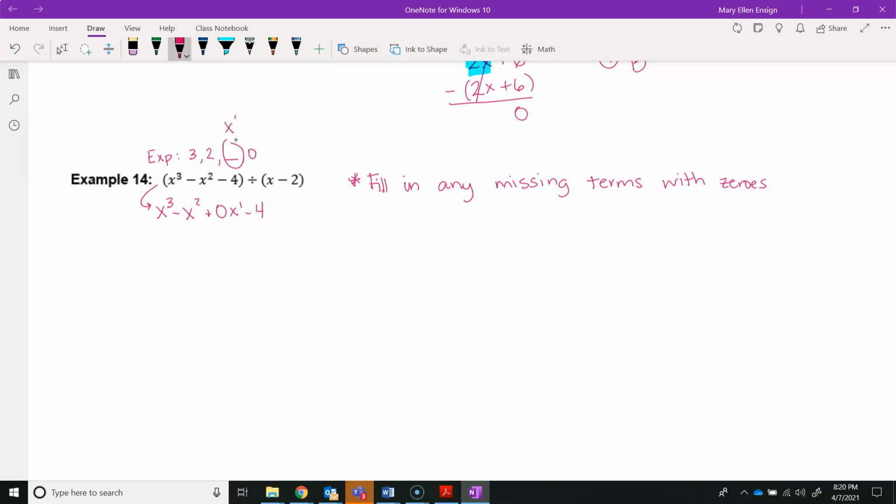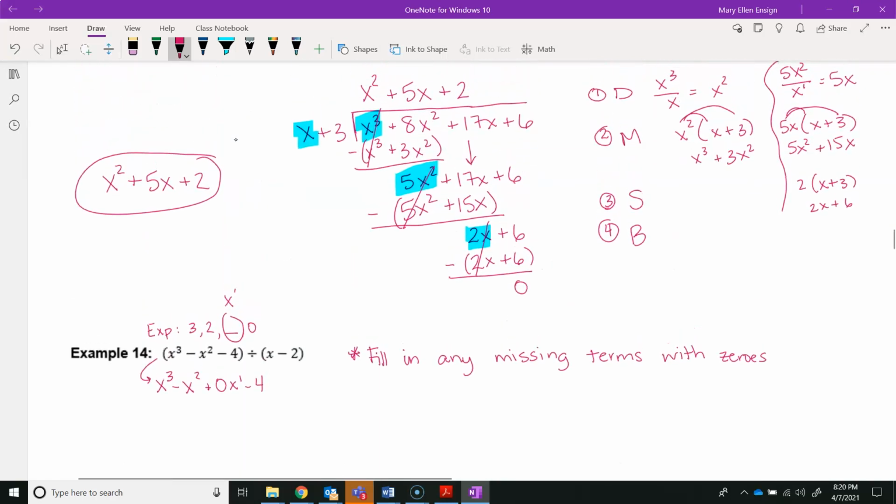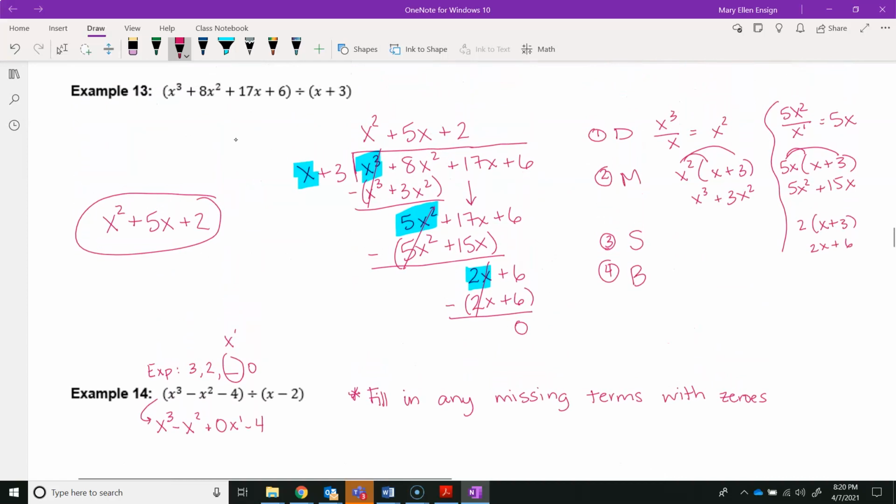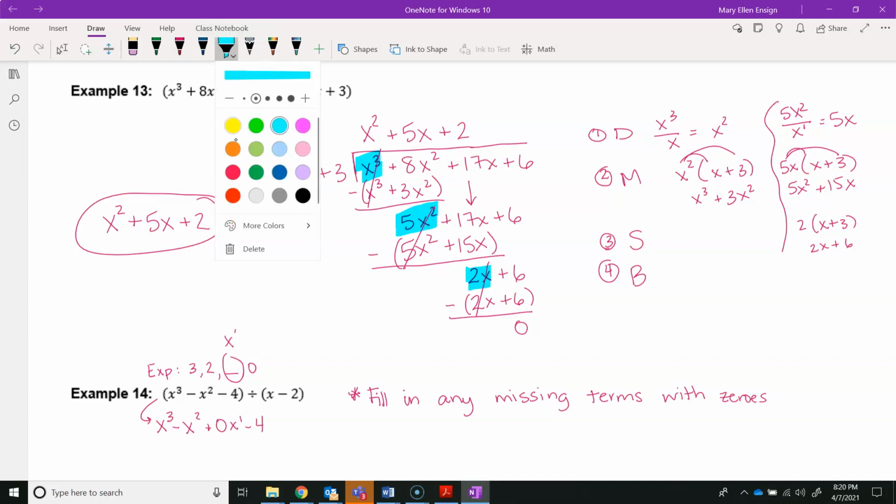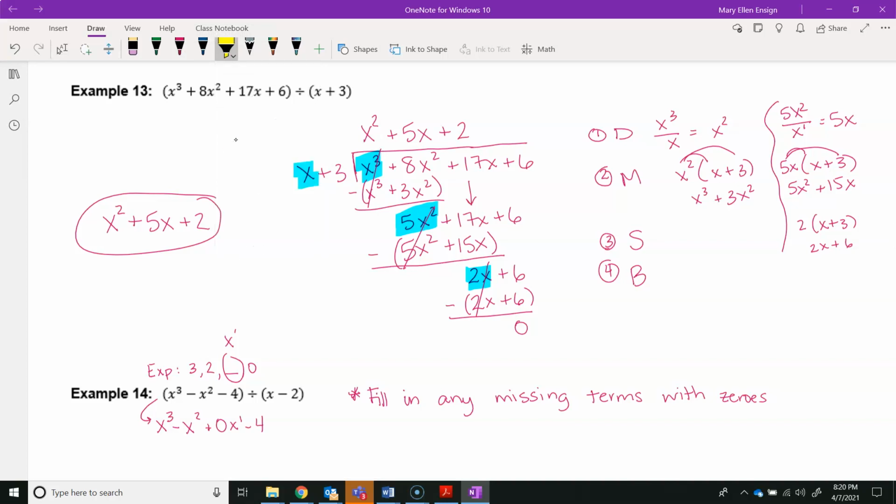So x cubed minus x squared plus 0x to the first minus 4. It does not change anything, but it puts it in as a placeholder. And the reason for that is if I look back at either of these other examples I did, when I went to subtract, you probably didn't even think about it before, but my like terms just kind of magically lined